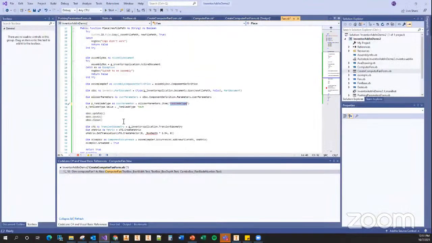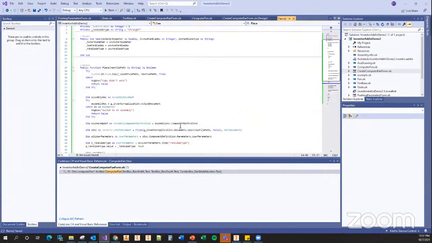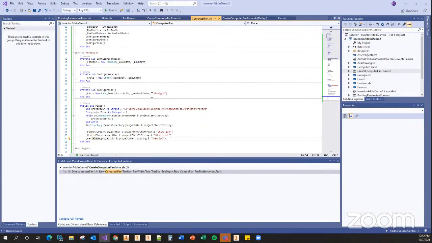And now, where do we want to place this? That is a good question. I think I'm going to put it like a ½ inch over. Normally, you'd have this a little more exact. But I think that's almost right. And so now this could place. Now it's always going to place a straight because that's how we initialized it here, right? So maybe, let's see if we can sneak in getting this from